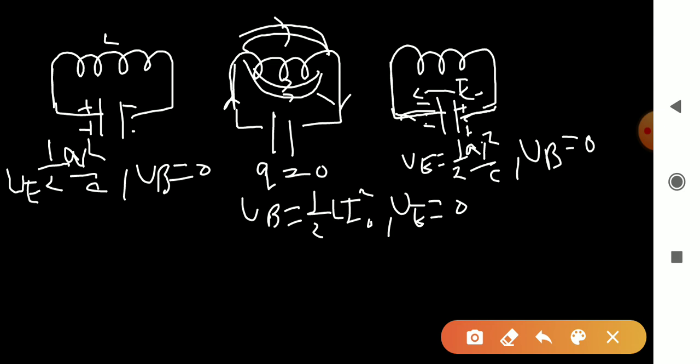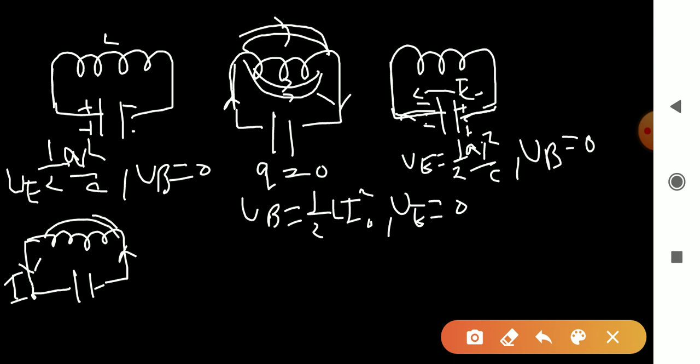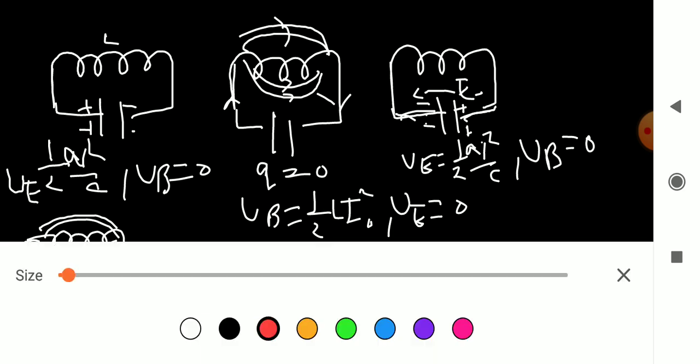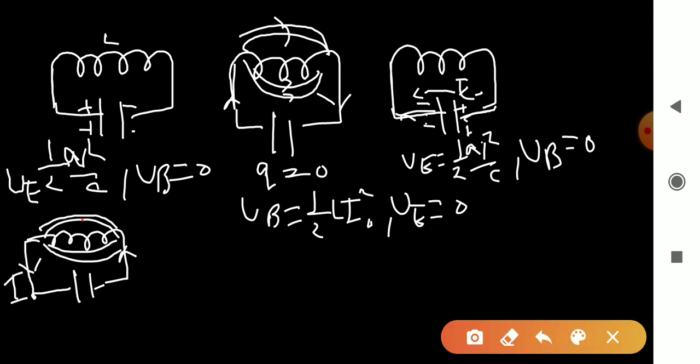And in this figure we see that in this case the capacitor is again discharged, and electrical energy is converted into magnetic energy and current is flowing in this circuit in the anti-clockwise direction. Okay,